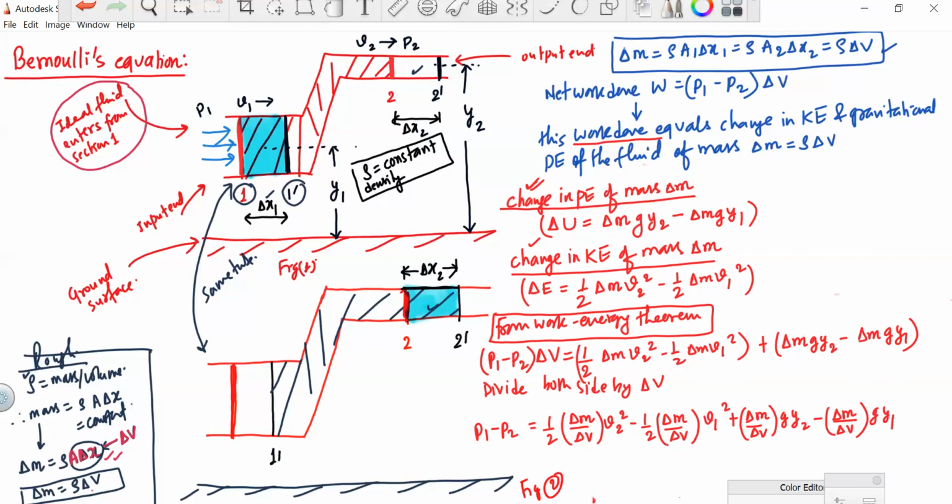And we can see delta m by delta v is the density. Okay, so